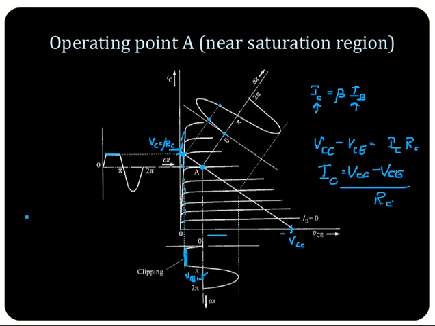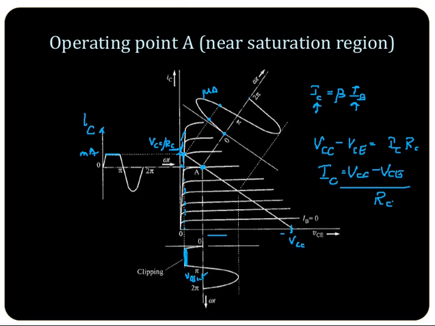What is ultimately happening? The signal is getting distorted. This is the variation of IC. Because of this IB variation, you don't get the exact amplified signal at the output. This is in the milliampere range; please note the input is in microampere. We are not able to reproduce the actual signal; it is getting distorted. It is getting clipped here as the operation of the transistor moves into saturation.